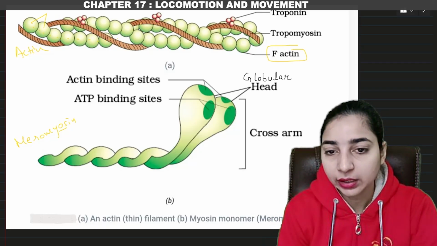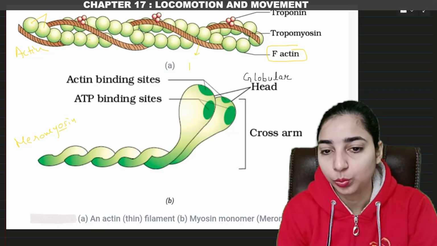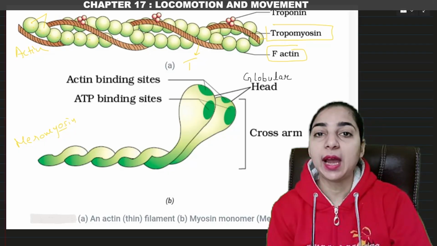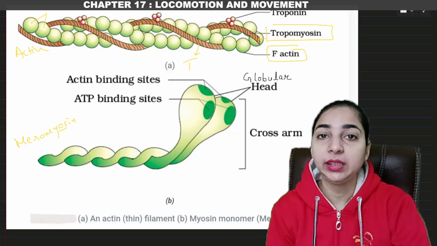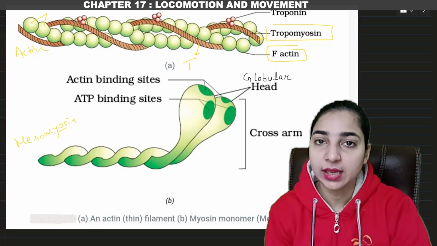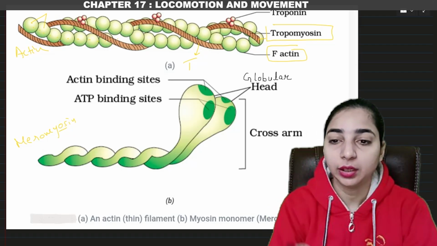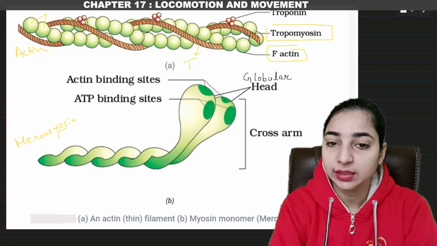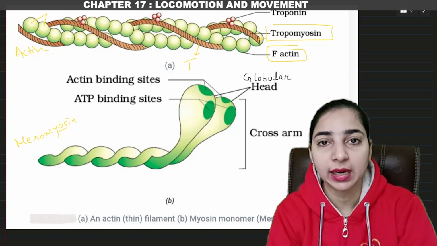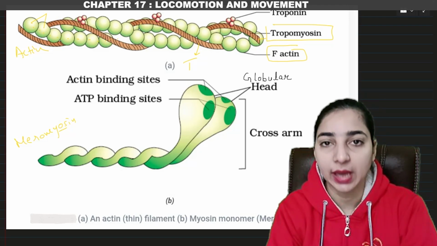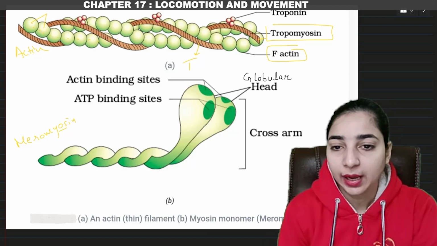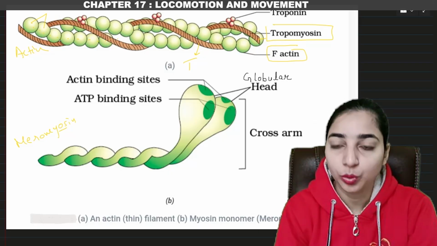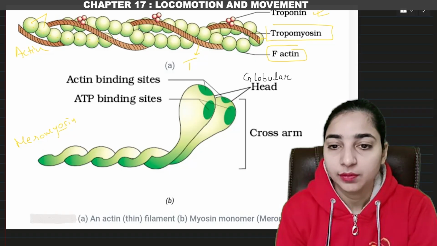So this red color rope-like structure is the tropomyosin. Here you can see it is already labeled tropomyosin. So what is the actin? What is the difference between the actin or the filamentous actin and the tropomyosin? The tropomyosin is another protein which is filamentous and it is running close to the filamentous actin throughout the length of the actin. Okay. And on the surface of the tropomyosin, there is another protein called troponin, which is present